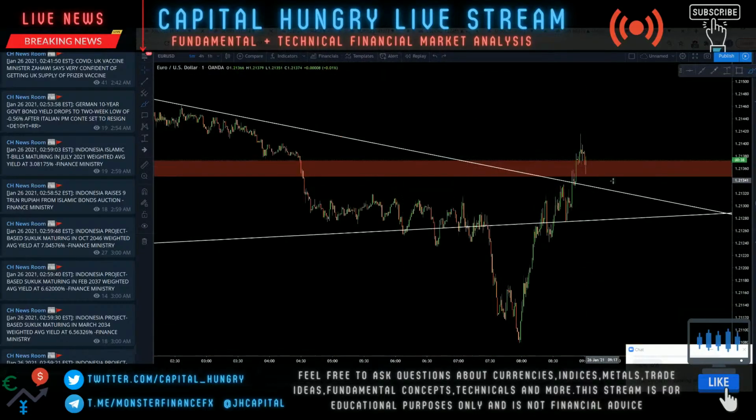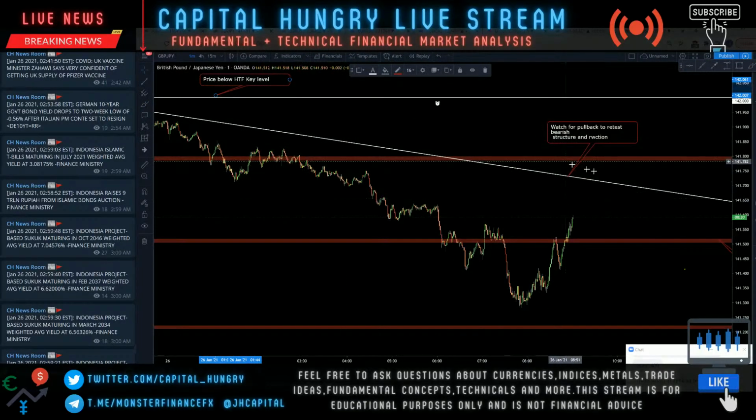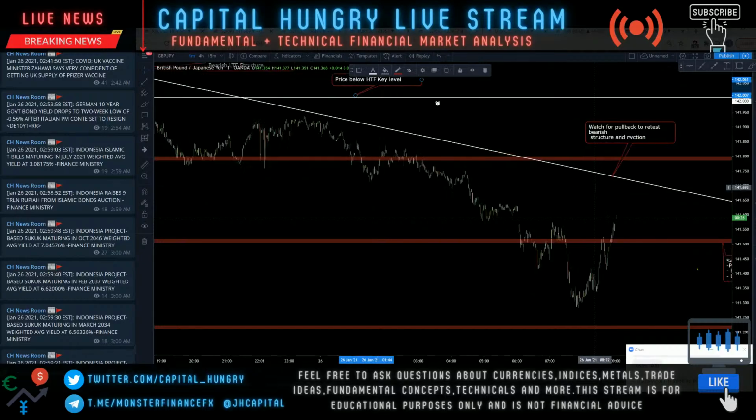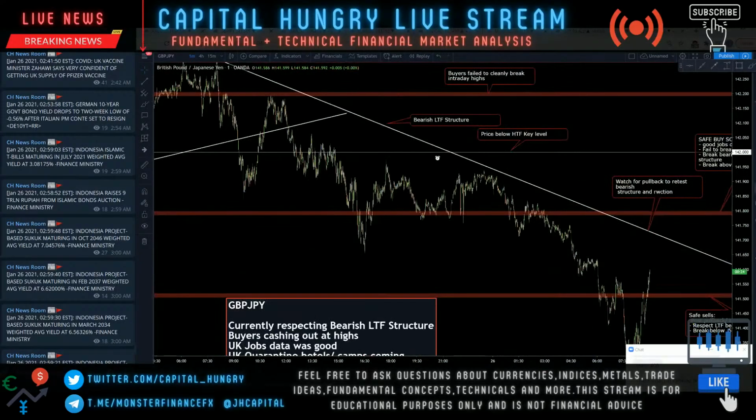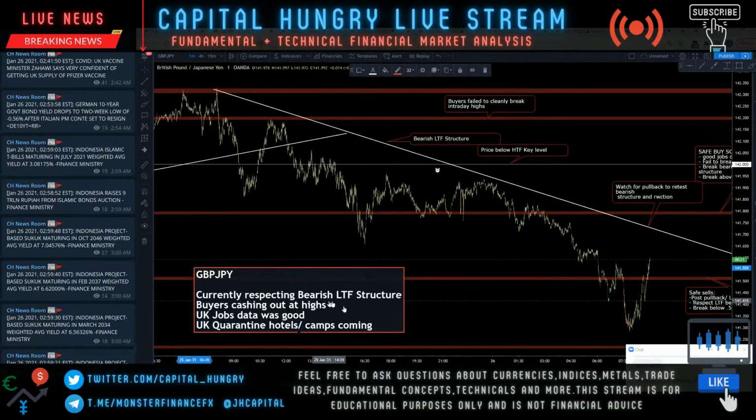In EU, we already created a little bit of a lower wick, but let's see if we create a flat candle body support here or get that deeper retest. And GJ, it's looking like it's going to come to retest this structure up around 141.7 on the lower time frames that we've been watching and playing.